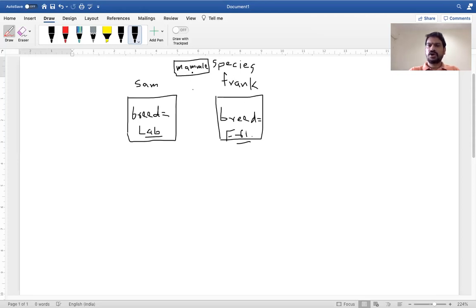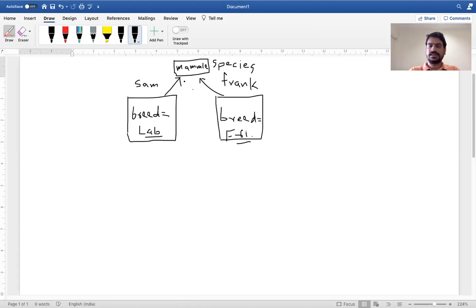If I say Frank.species, it gives mammal, because Sam and Frank can have only one version of the species variable. Getting it? In object-oriented programming using C++, we create this type of attribute using the static keyword.